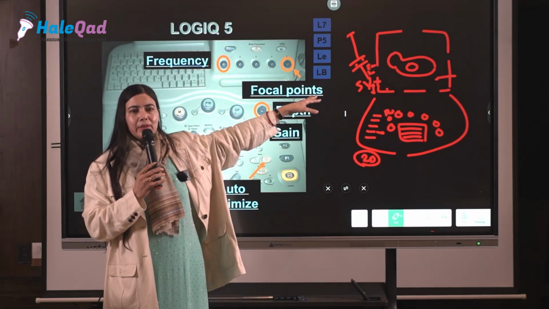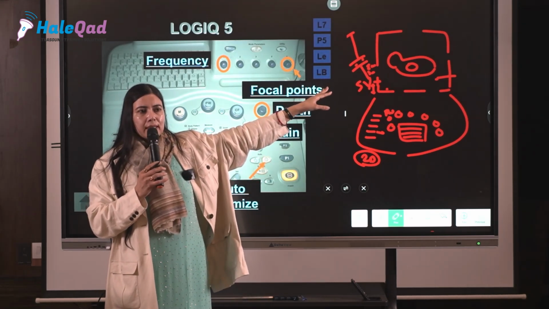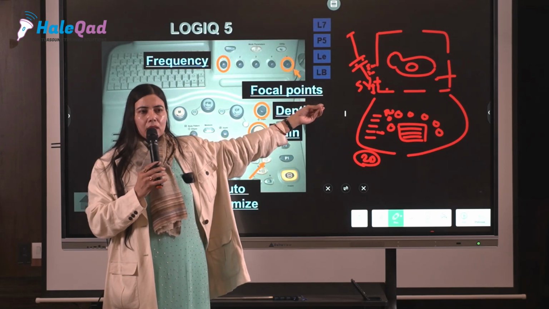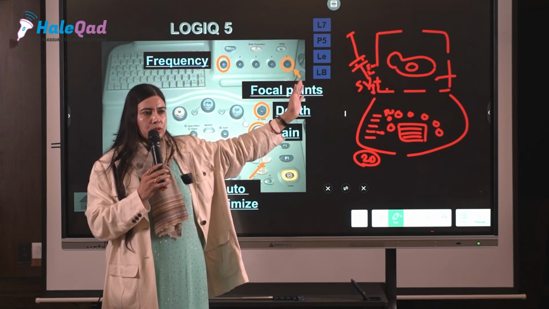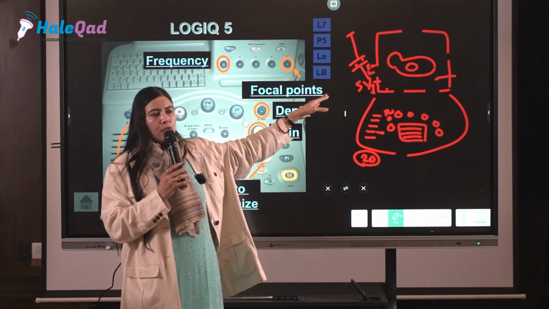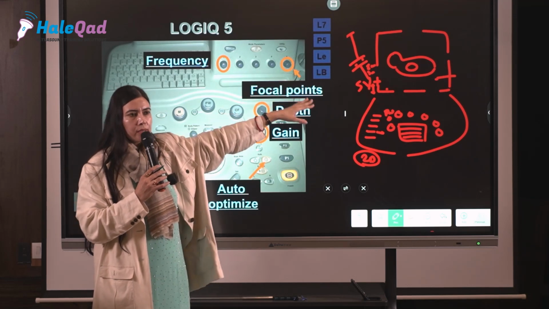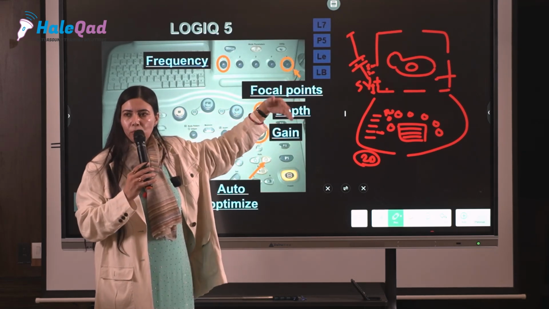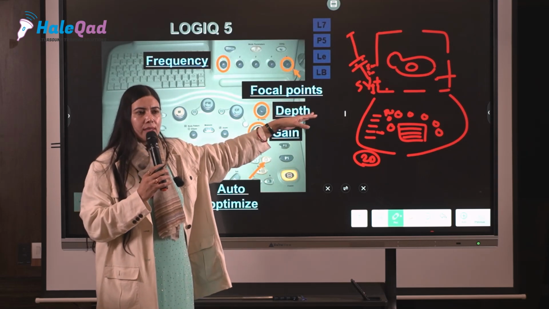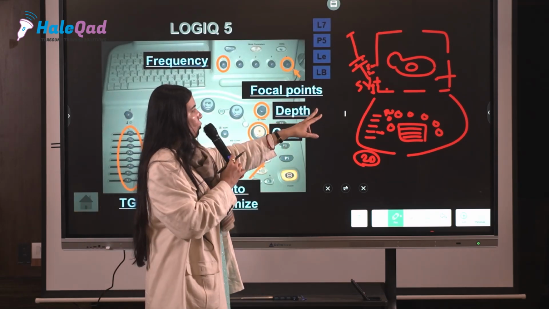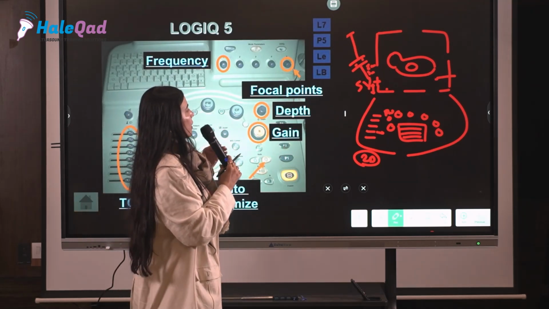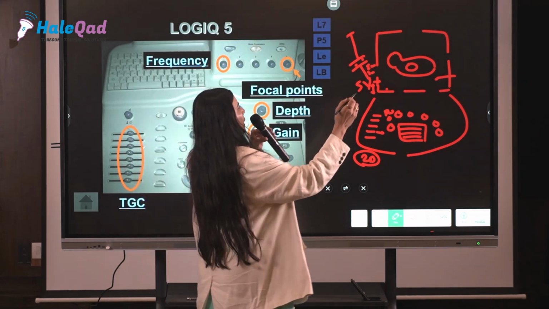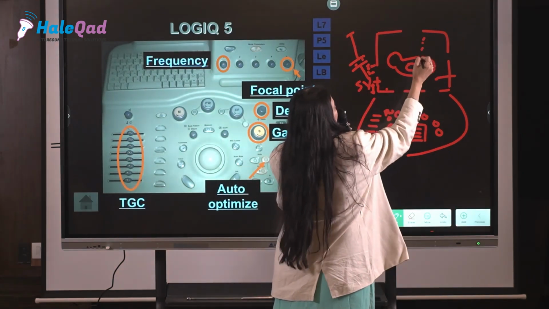We don't want that in the fetus. You don't want to burn a fetal heart. That happens after some time, not that you are going to cause damage in a single shot. But till 12 weeks of pregnancy, we are not using color mode, because we don't want the fetus to get exposed to high frequency waves. So what we are doing is using M mode. As soon as you switch on the M mode, a line will appear on your screen like this.